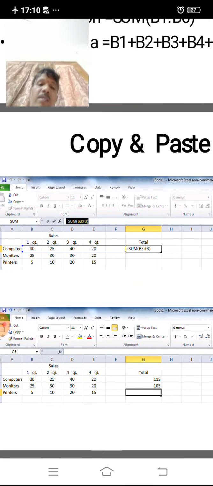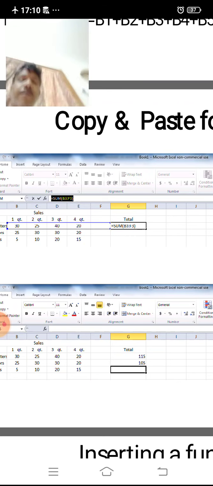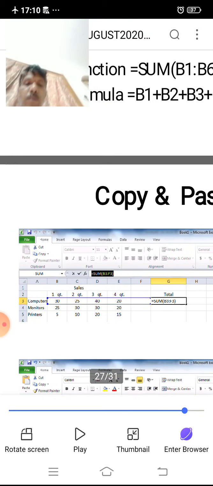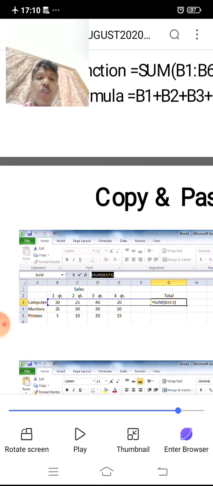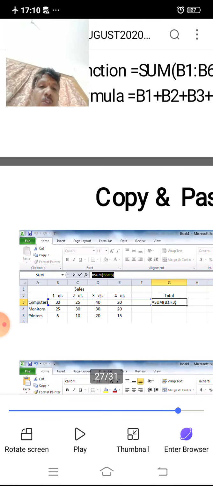For example, here first quarter, second quarter, third quarter, fourth quarter are there, but here the relative address for the cell is B3 for the first quarter and B6 for the fourth quarter. Here we gave B6 to B9.